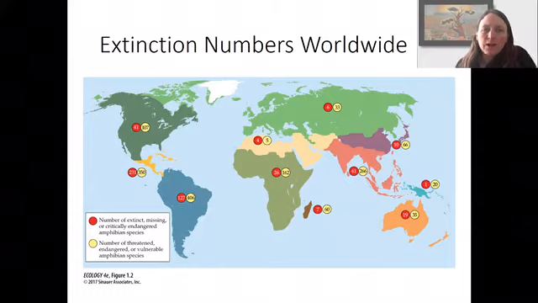And those numbers are much higher in the tropics in Central America, in South America, and in parts of Indonesia and Australia and Africa. So these are worldwide phenomena for amphibians, and we'll talk about some of the global factors that are influencing